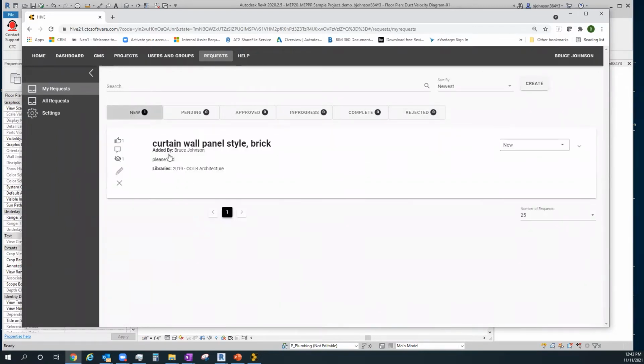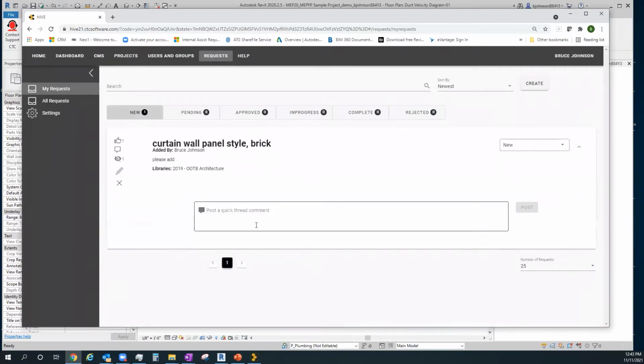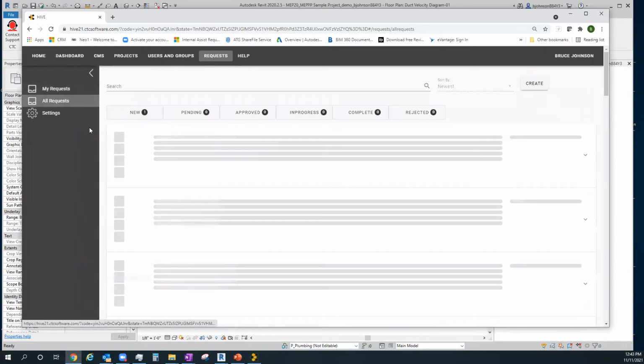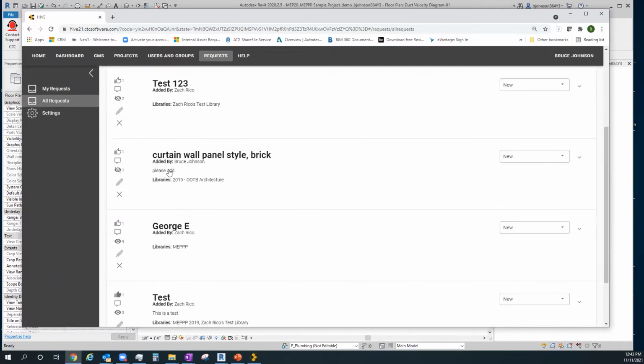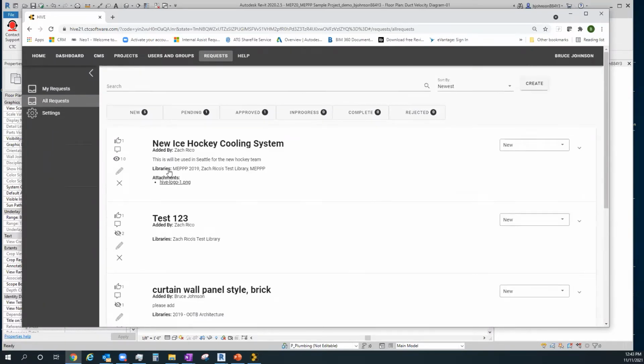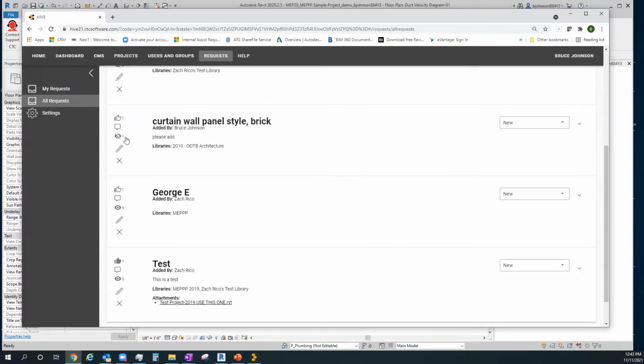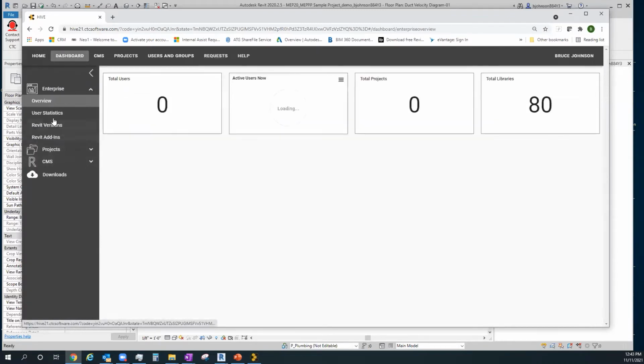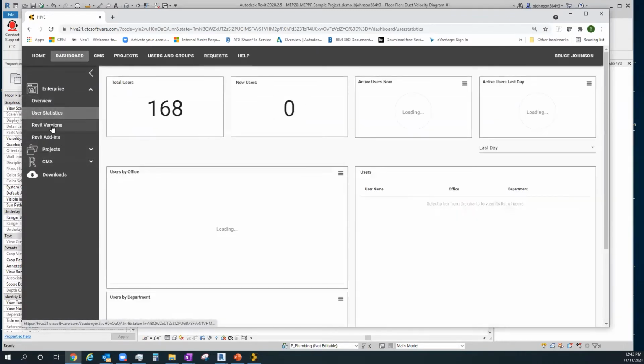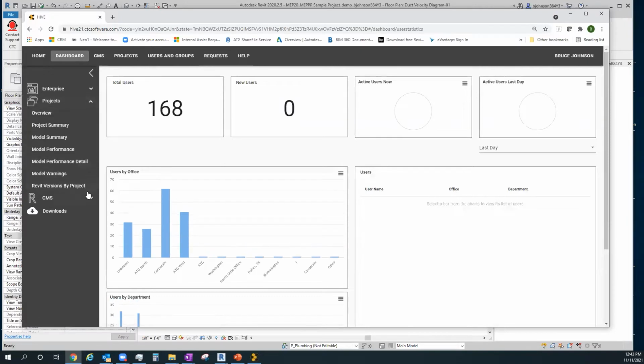So if I were to pick on my new, I would see what my thing was, any comments or attachments and things that are attached to this, all good. All requests, if I'm the admin, I might look at everything that's in place, maybe even put priority levels on each of these, so I know which ones need to be done first versus last, and be able to take care of those. And the dashboard is where I can see things like user statistics, Revit versions being used, project